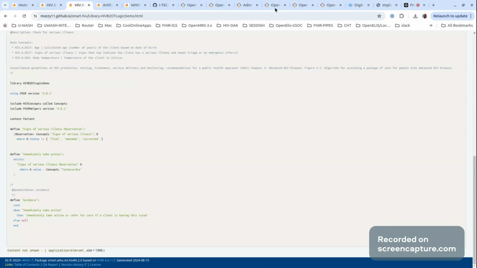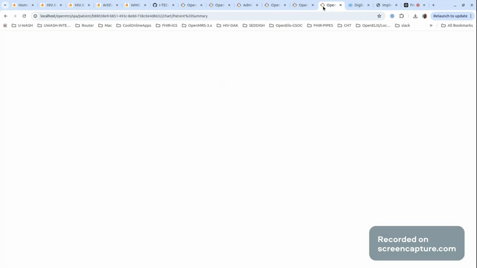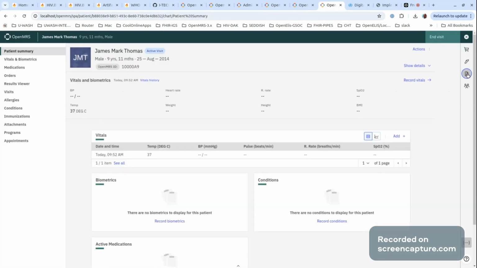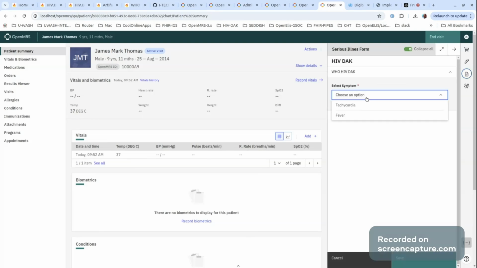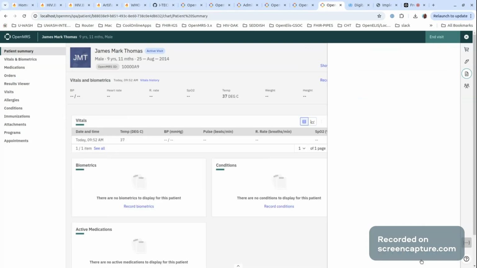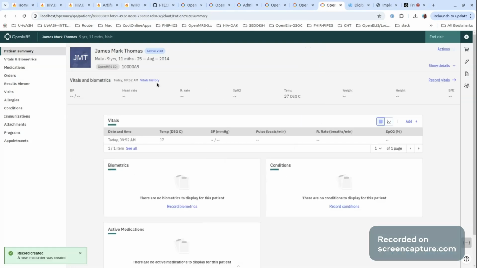So let me go back to my patient dashboard and capture again an observation with this specific other value. I'll save my patient